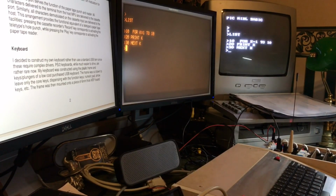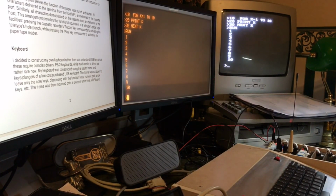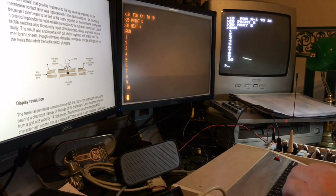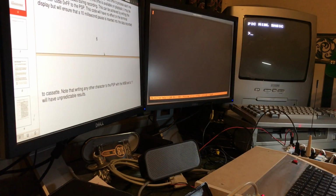We've now got, if we run the program, there we go: 1, 2, 3, 4, 5, 6, 7, 8, 9, 10. Obviously this computer keyboard doesn't do anything from the terminal because there's no data in. But this implements a way of being able to get data loaded as well, so we could store a program on the PC. It's now running on the machine, so nothing's coming out on the terminal, but if I do